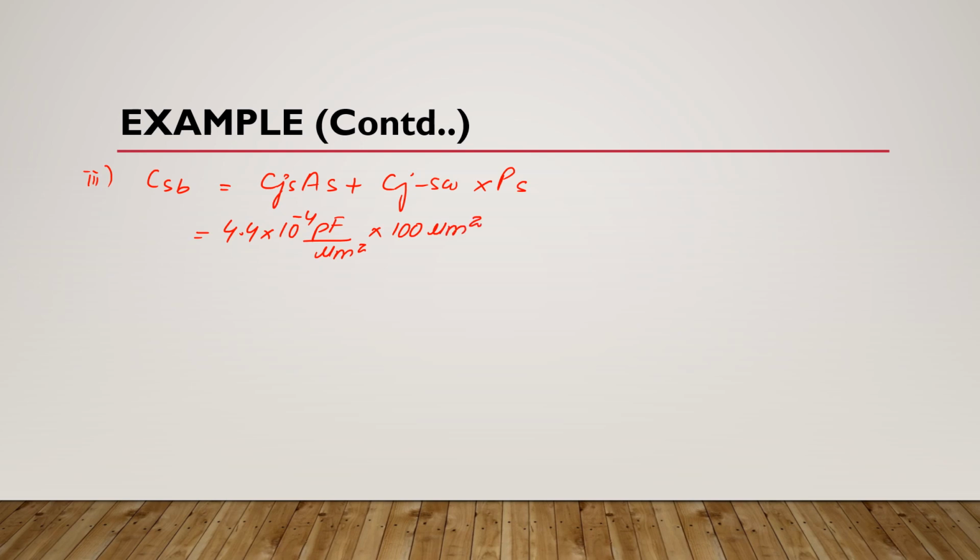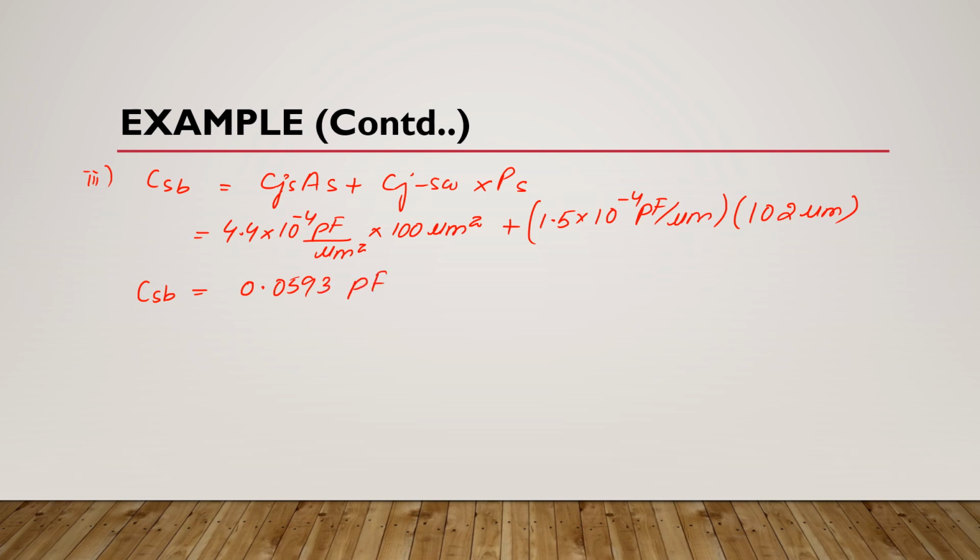Here we know that this junction side wall capacitance is 1.5 into 10 raised to the power minus 4 picofarad per micrometer, and this source perimeter is 102 micrometer. After solving this, you will get 0.0593